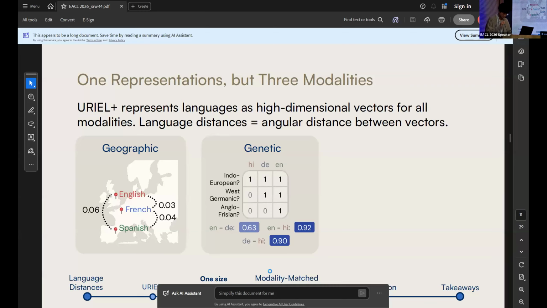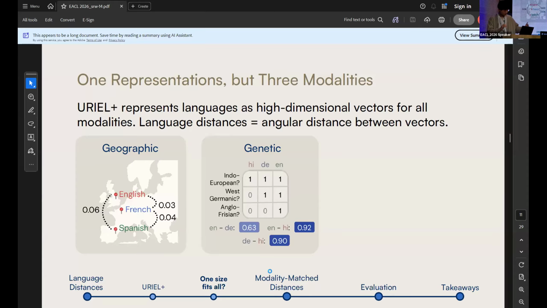So let me recap a little bit about the genetic modality. Overall, we see that the language distances between Hindi, German, and English here are unusually high, even though they are all part of the Indo-European language family. And then finally, for the typological modality,